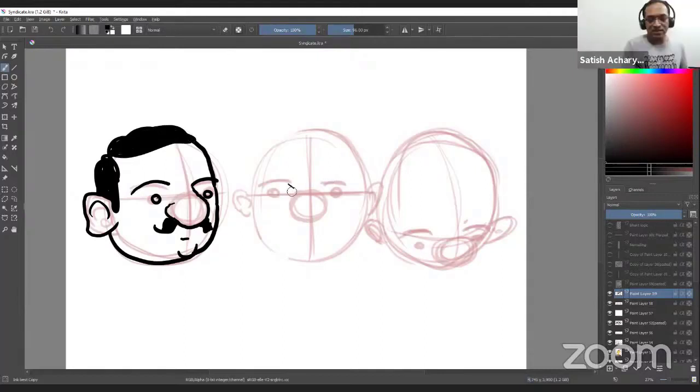So when you are starting to draw from the front, the nose will look something like this. This is the same circle. From the front, it will look like this.